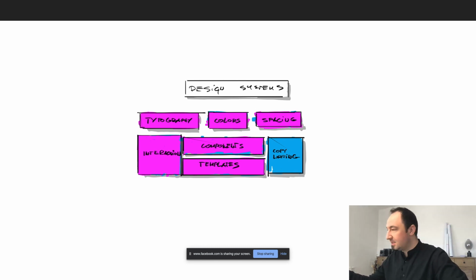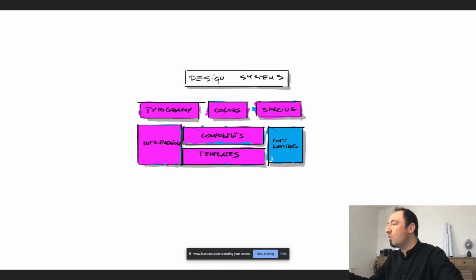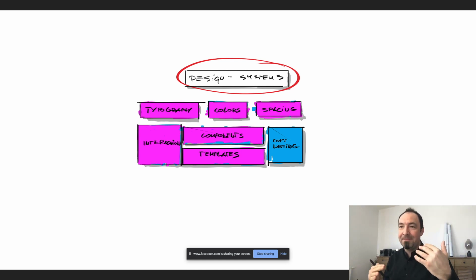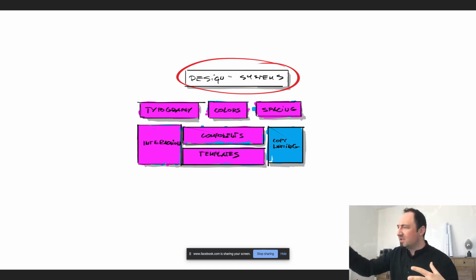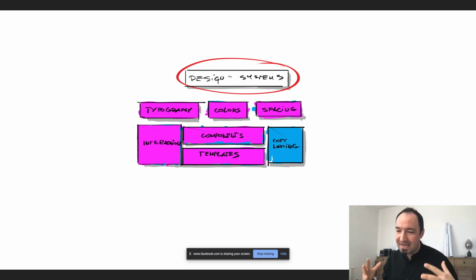When it comes to design systems as a whole, I'll use a red color so that we can recap what we've done so far. As a recap to everybody watching, design systems are a way to interact with the user in a constant way. It's built of a few elements, and we'll cover that. But a design system is basically an ecosystem of elements that are consistently interacting with the user